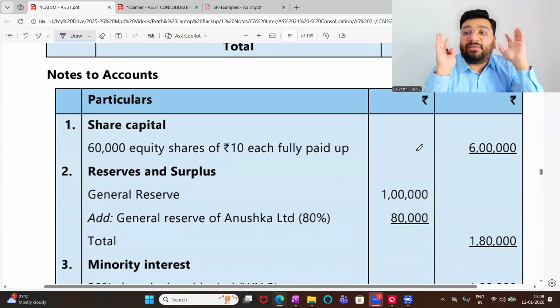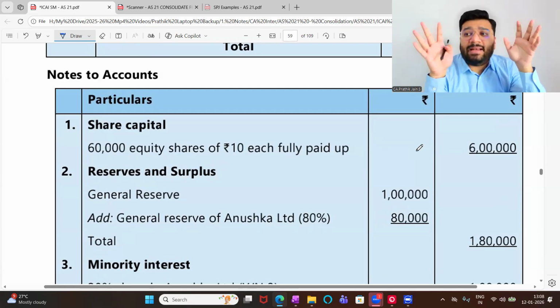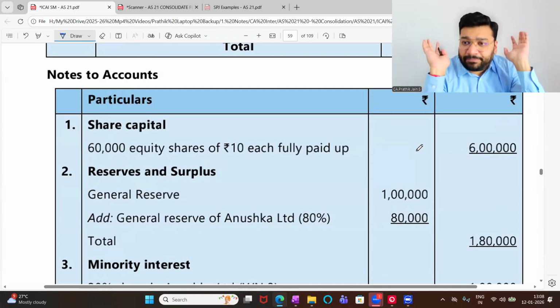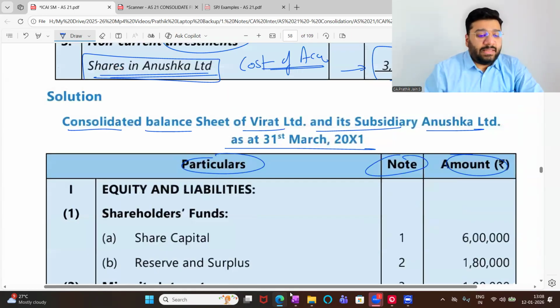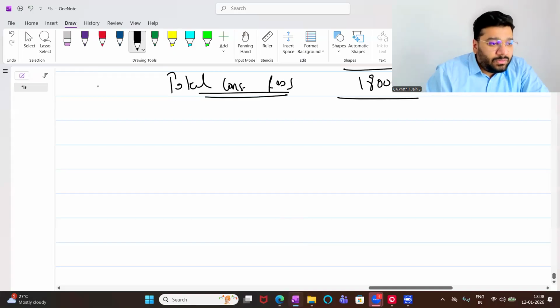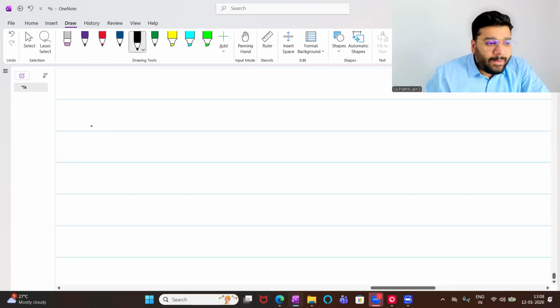But if you feel that, no sir, I can write it very fast, I can do note numbers for all the parts, you can do it. I will not stop you. But in exam, how important is it to get the answer right? Equally important is to complete the question within the time and manage your time. Now, let's start. जिसके लिए हमने वर्किंग बनाया, उसके लिए हम सिर्फ नोट लिखेंगे।